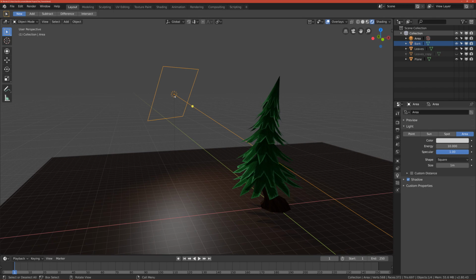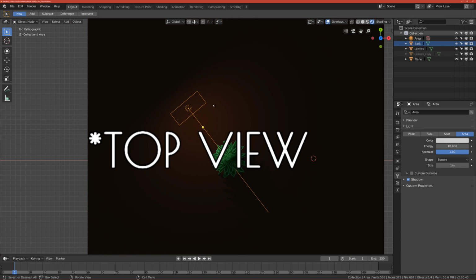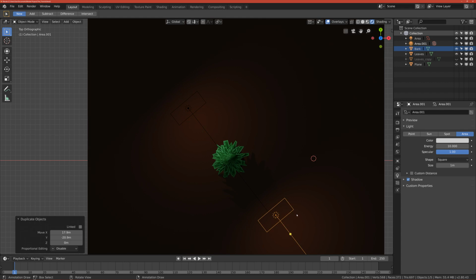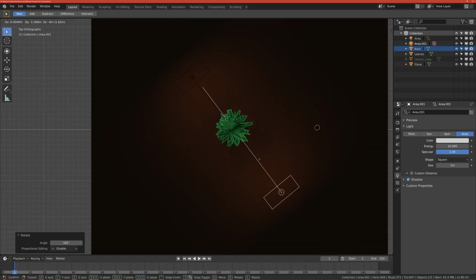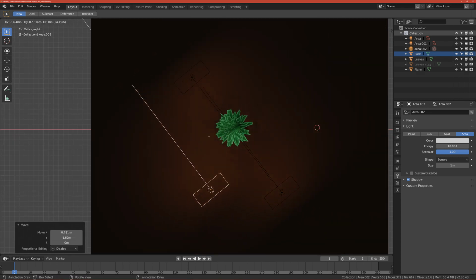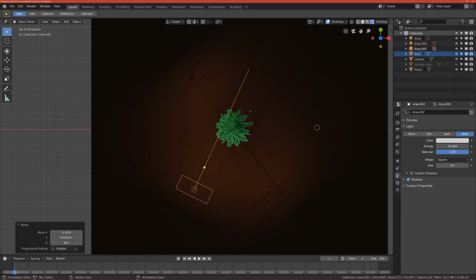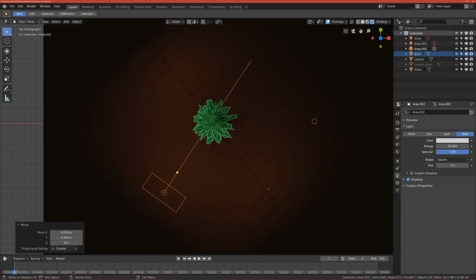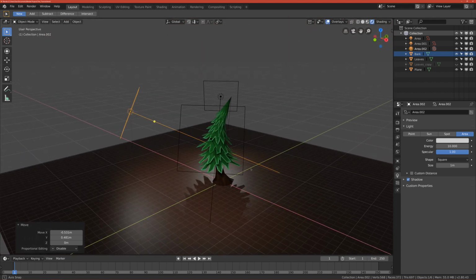So if you select it and you go to front view, you can Shift D it and move it here and rotate it to hit the front. And we can duplicate it again and make it hit from the right. Okay, so as I told you, now we have three source of the light,